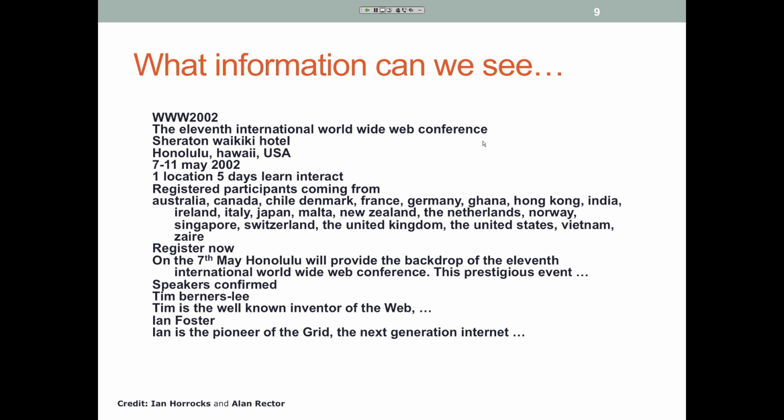But this is what a machine can see. Without understanding the semantics, a computer program can only treat these as a bunch of symbols. So what are we going to do? What can we offer? Basically, we want to give a computer a brain so that it can understand the semantics behind all the documents. And we use an ontology-based approach to do that.